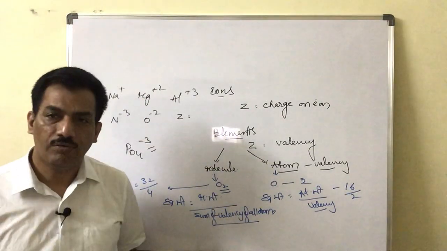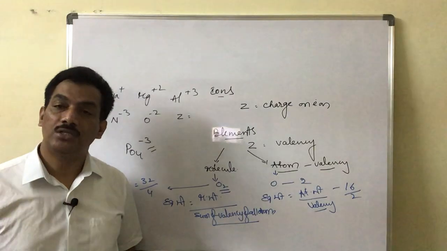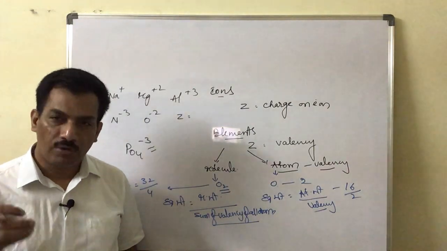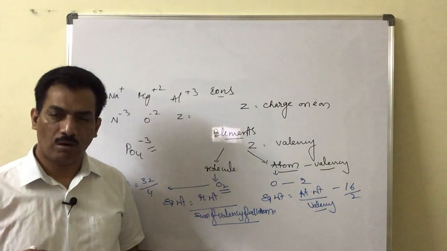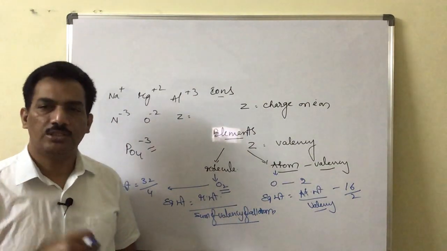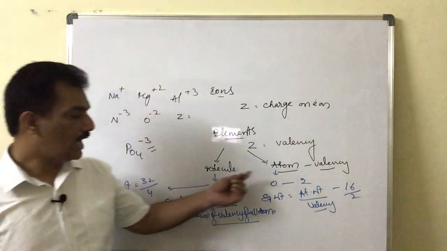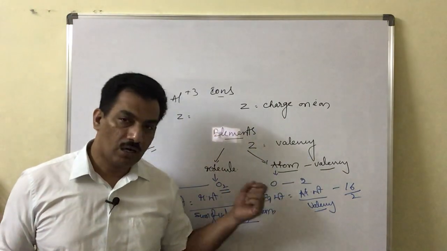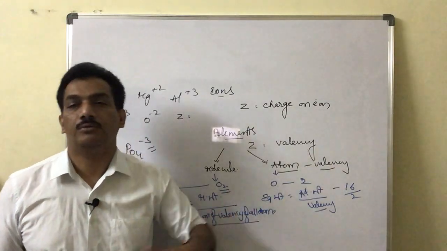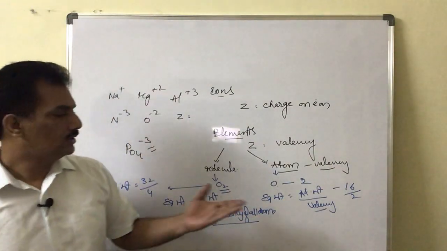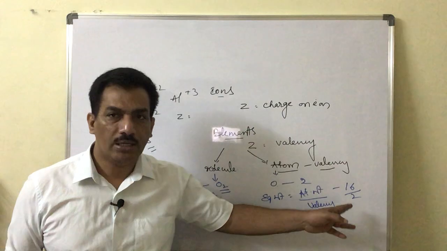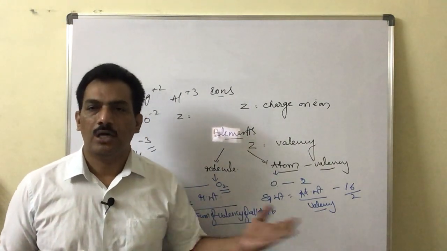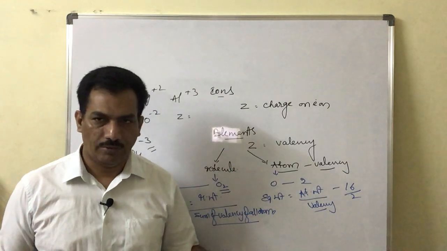When the molecule is given, you have to consider the valency of the molecule. The valency of the molecule here means the sum of the valencies of individual atoms of the same element present in that molecule. Here the oxygen atom valency is 2. So when the oxygen atom is given, and the atomic weight is given and you are asked to calculate the equivalent weight, simply consider the atomic weight divided by that valency, that is 16 by 2. We get 8 as the equivalent weight.